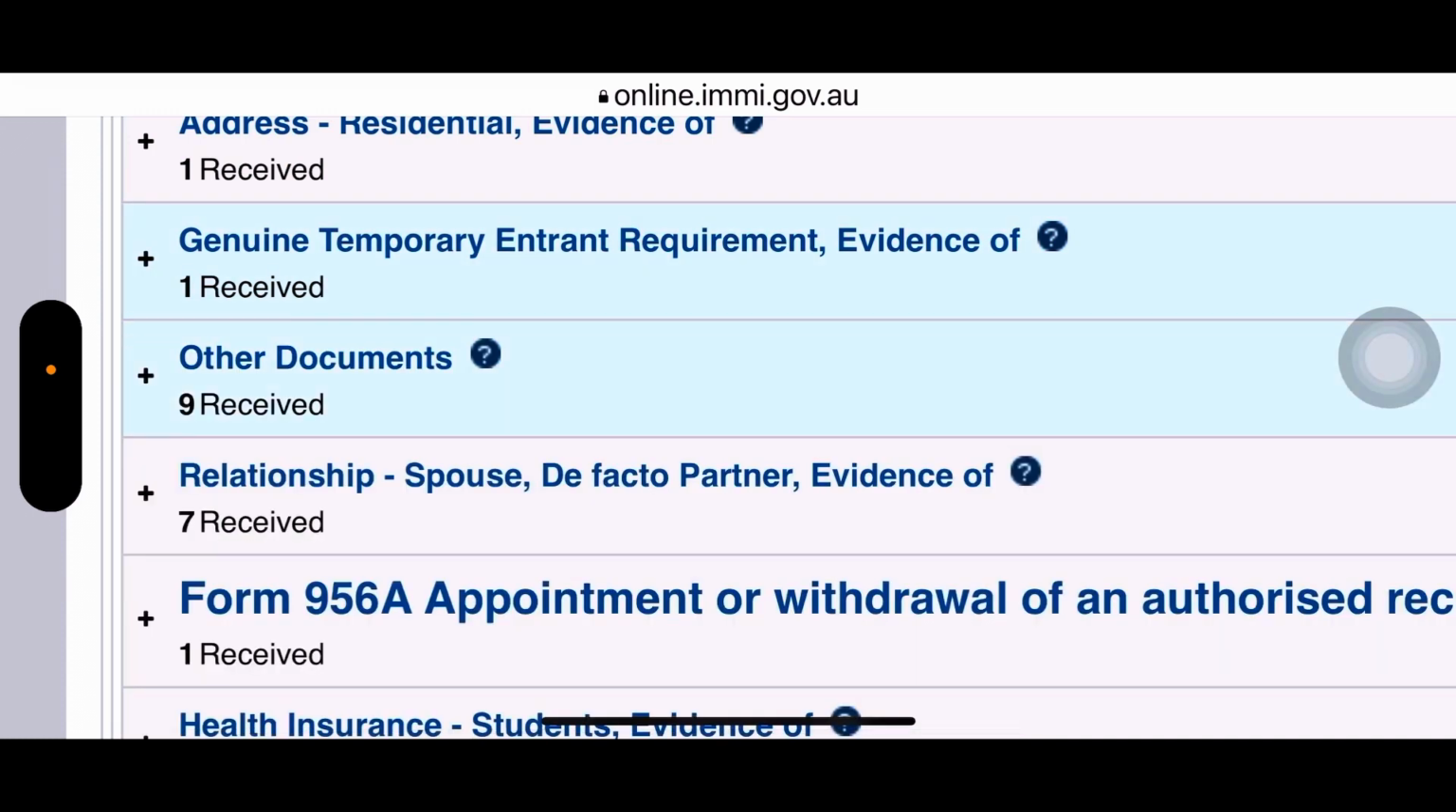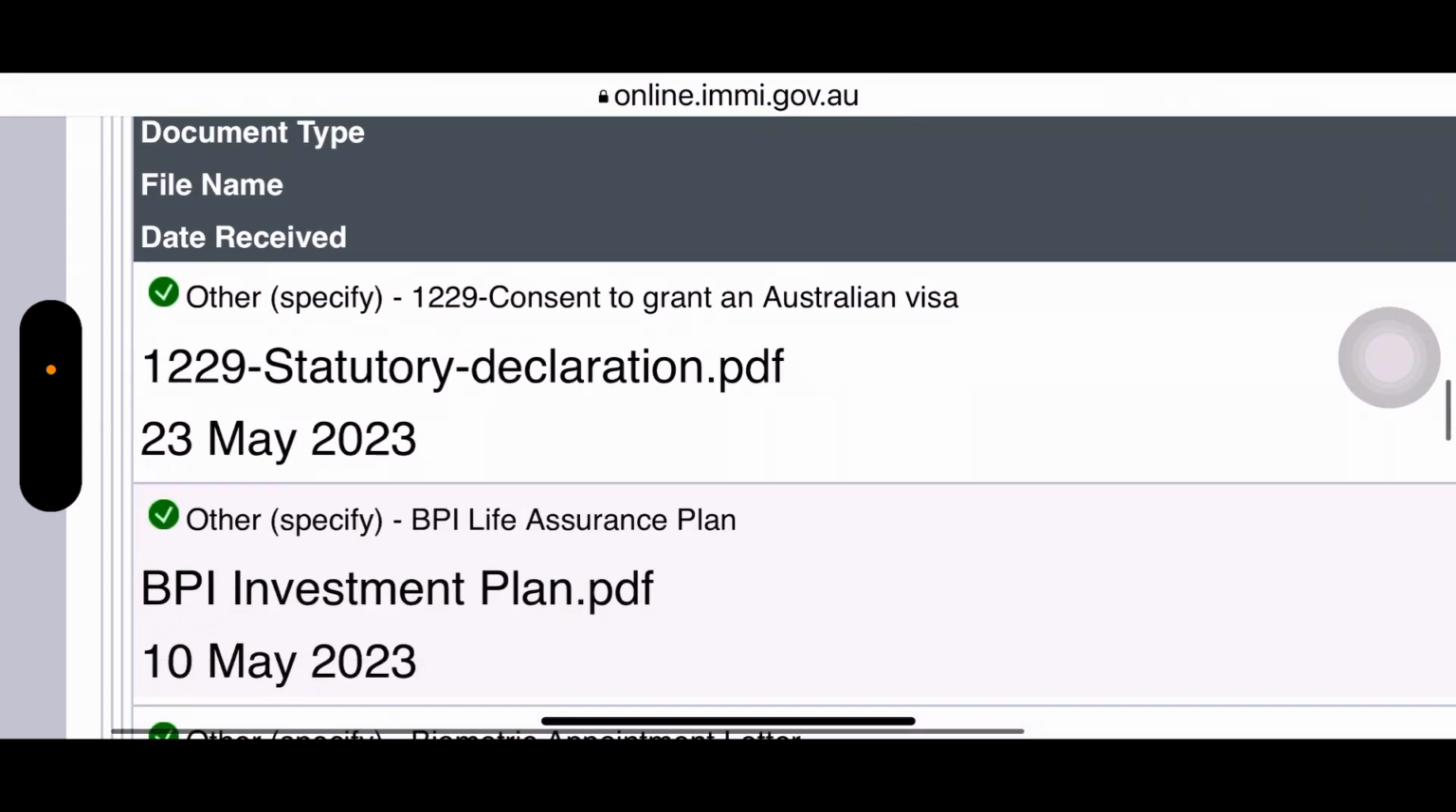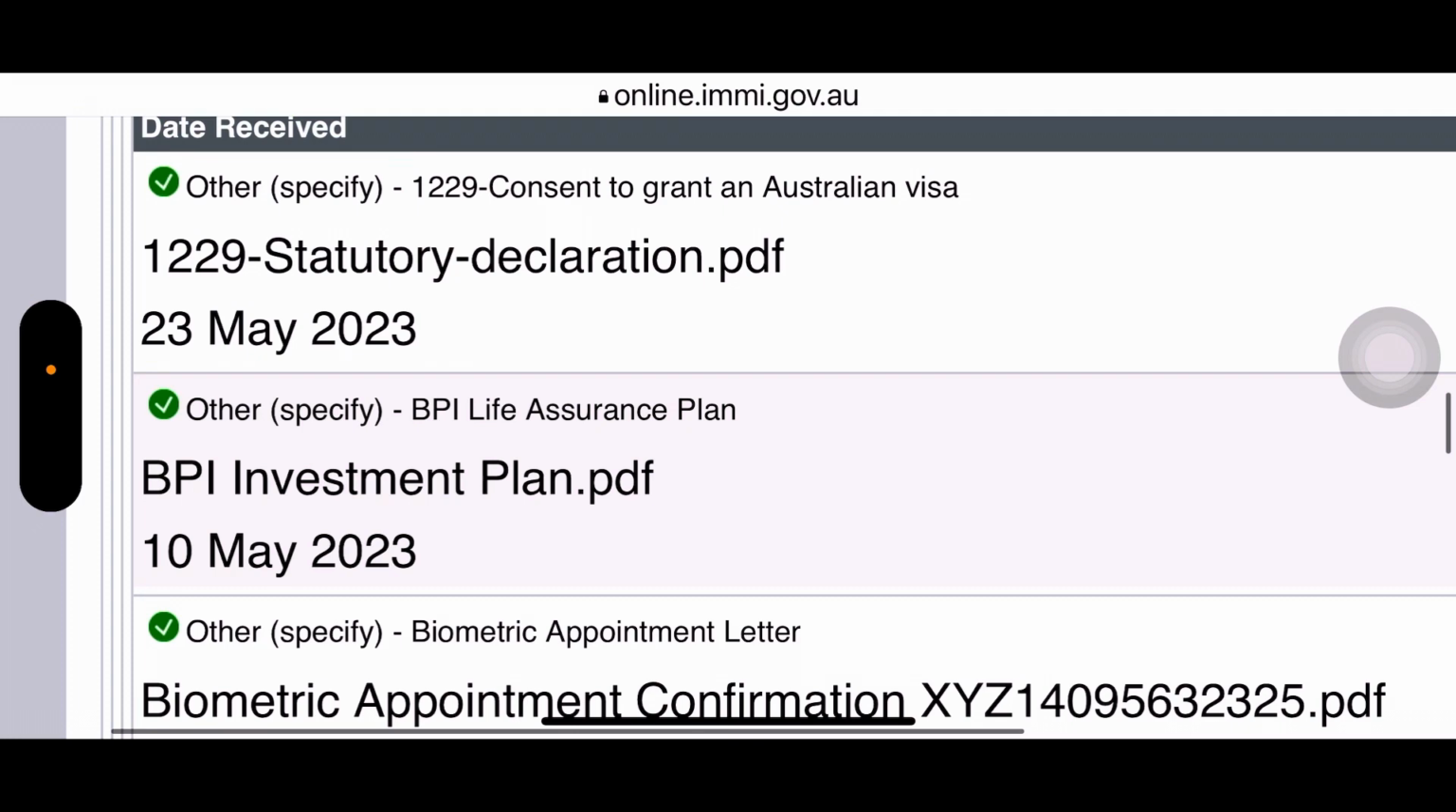And then for other documents, we submitted the 1229 statutory declaration. It's a consent to grant a minor child an Australian visa. This document was requested by the immigration from us. That's why we provided it under other documents. And then we also provided the BPI investment plan,